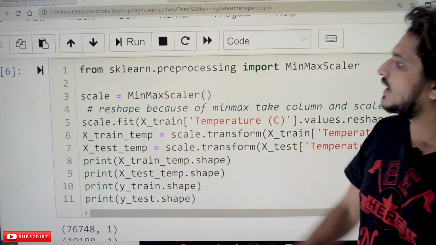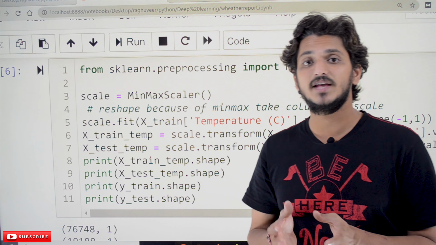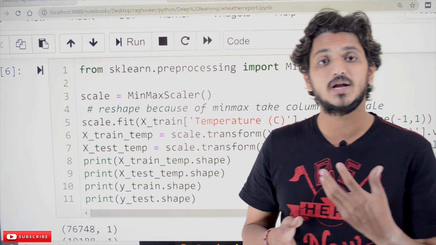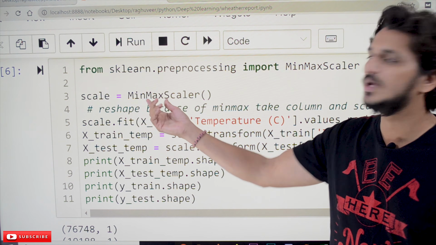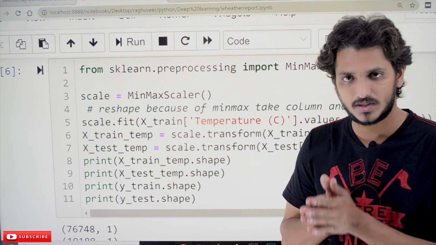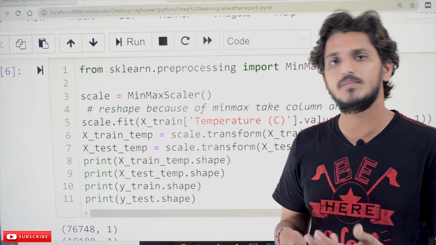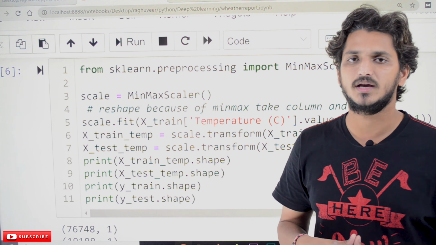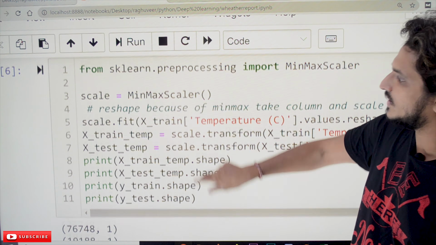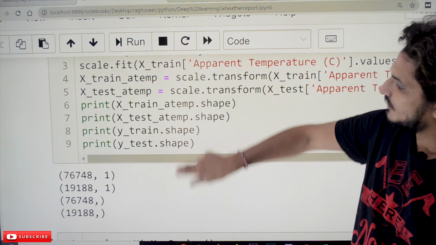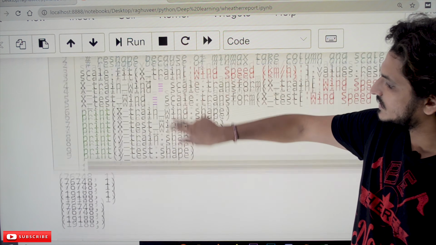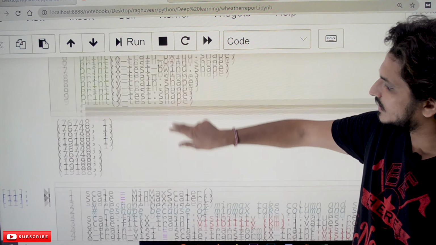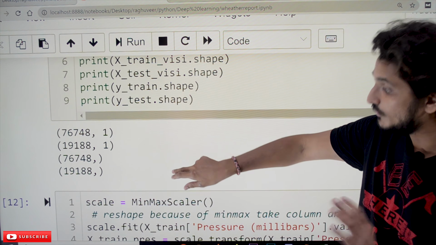Now we are taking each and every column and doing the data pre-processing here. What we are doing here is using min-max scaling. All those numeric values we are converting using the min-max scaler technique. So we have to scale the values for each and every column. Each and every column is scaled using min-max scaling. In total, we have 7 columns, and all 7 columns are scaled using min-max scaling individually.